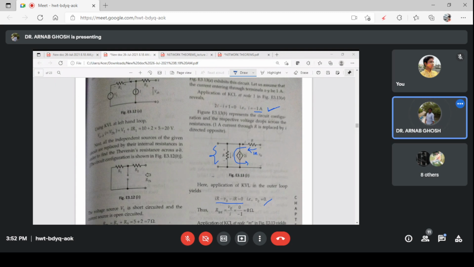Current source. This you have done. We have open circuited this part because there was a dependent current source. The voltage is applied across this terminal. So this is nothing but this